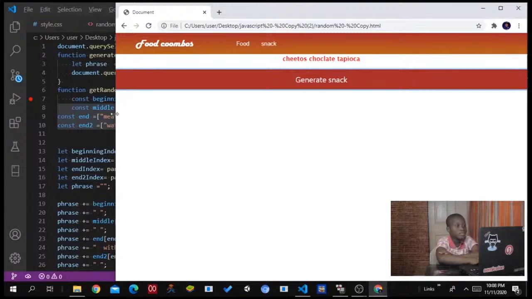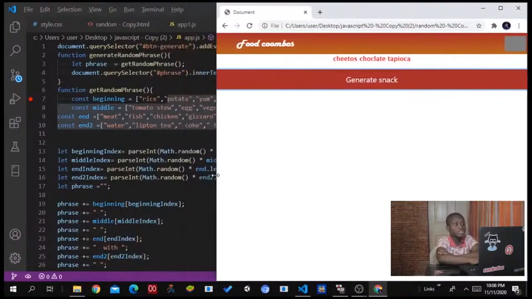So this is going to be great. This one is going to create Cheetos, chocolate, and tapioca. Man, I don't know what kind of